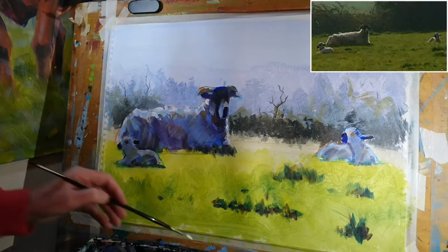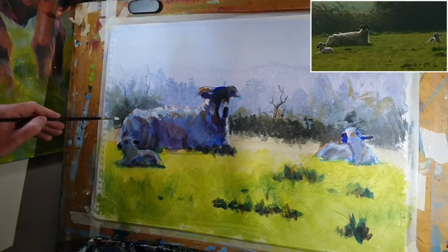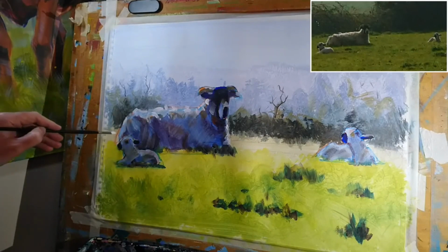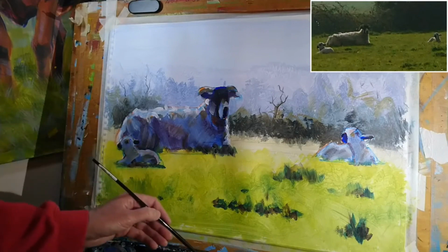And I think part of the problem that we often have as beginners is that the language we use to describe things by design really is very concise, and it's very effective. What color is sheep's wool? It's white. That's